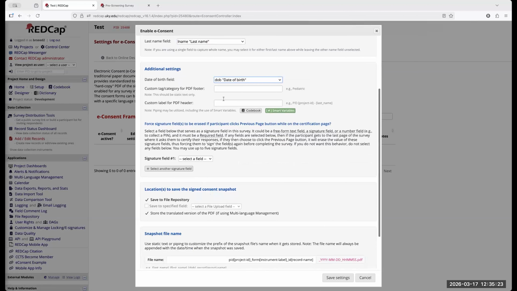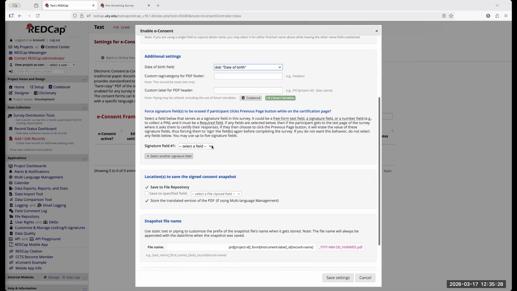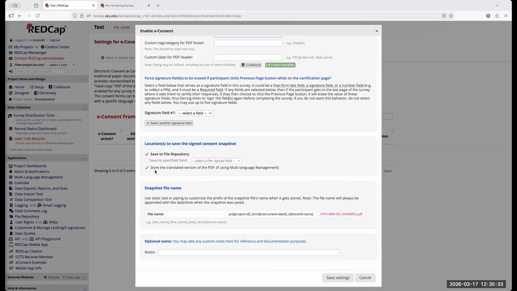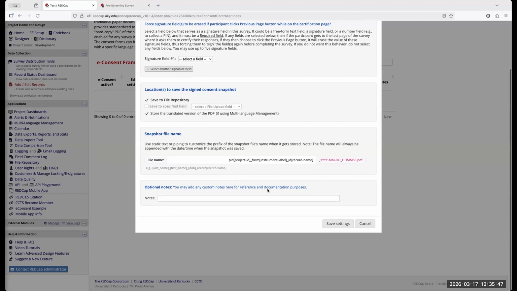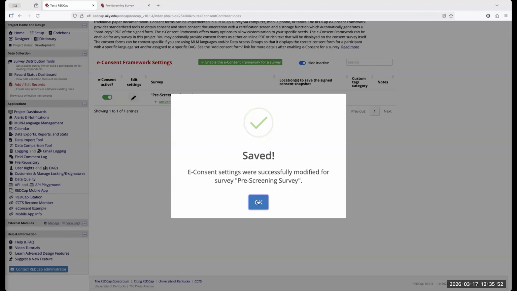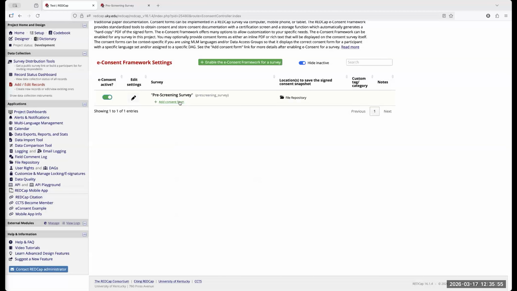These are additional options. If you wanted additional things, maybe another signature field, what have you, you can do that. If you want to save this, of course, you all won't have this option, but this is where the file is saved, which would be here on the left side navigation. So it lets you know where it's going to be saved. I'll do a save. It lets you know, hey, you're good to go. Now your e-consent shows up here, so that you can see.